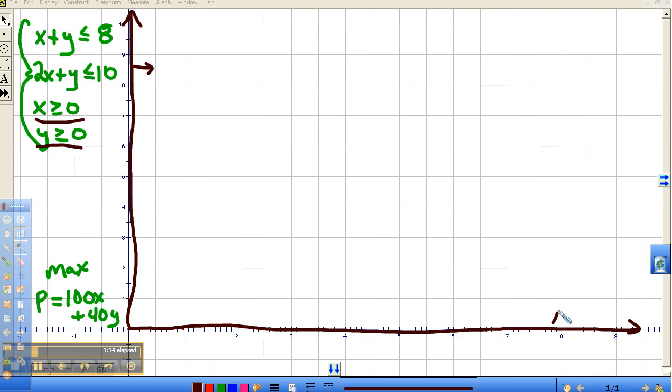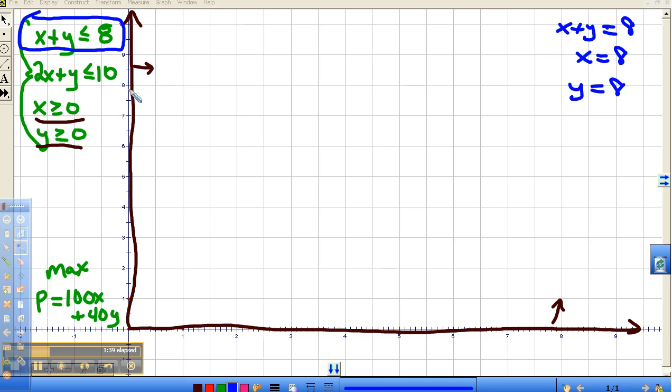Next, we'll start with x plus y is less than or equal to 8. Put that one in blue. That means that x plus y is equal to 8. We graph that function. That means when y is 0, x is equal to 8, giving us an x-intercept of 8. When x is 0, y is also equal to 8. So if I graph those two intercepts, we have an x-intercept and y-intercept of 8, and if we graph that line, it ends up looking